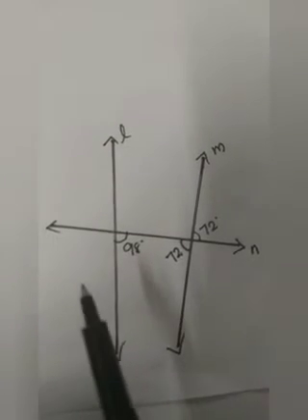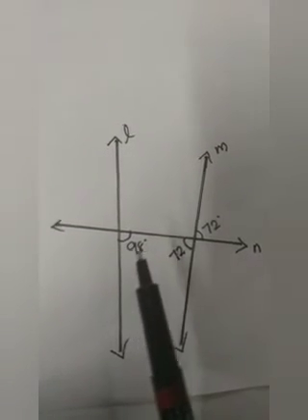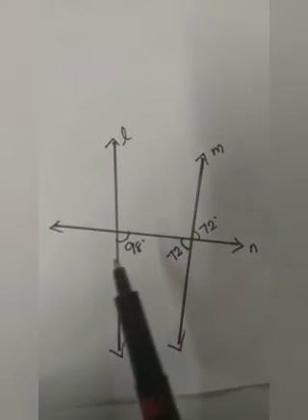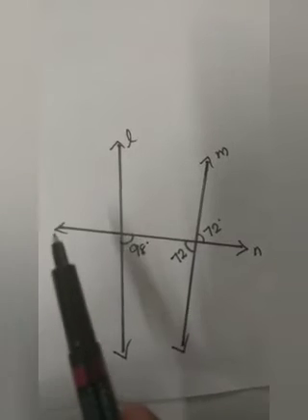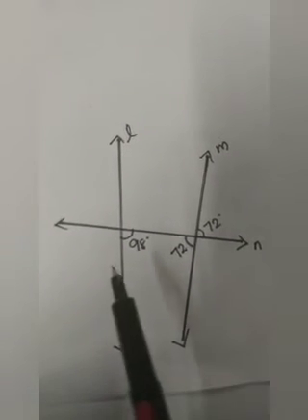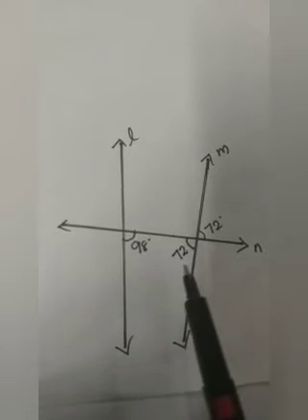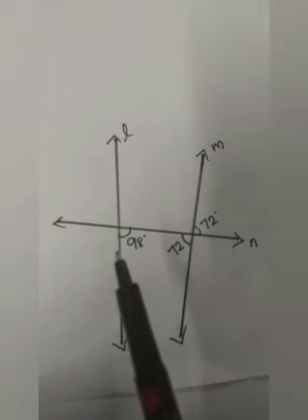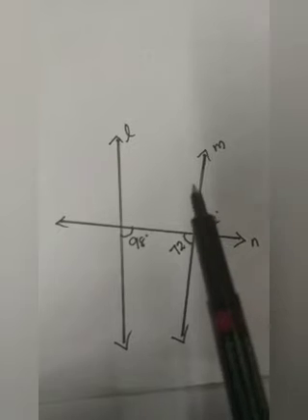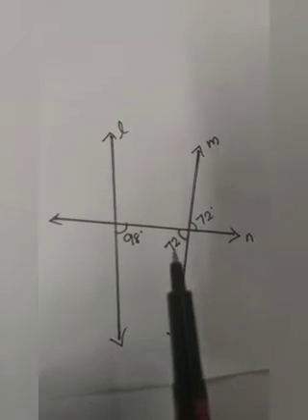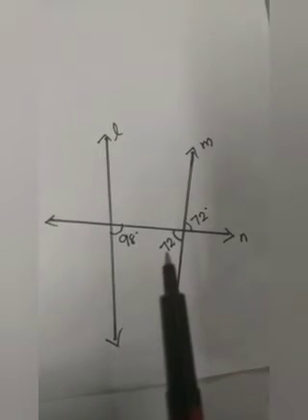So now we got these two angles. The measures of these two angles are known. Now what type of angles are these? Identify these two angles. This is the transversal and these two angles are coming on the same side of the transversal, isn't it? Also they are coming between the lines L and M. So they are a pair of interior angles on the same side of the transversal.